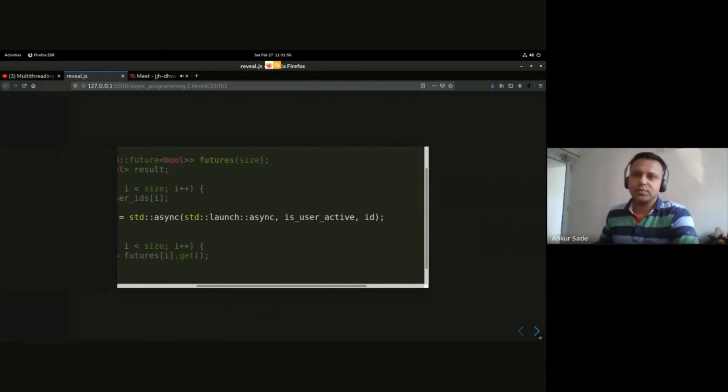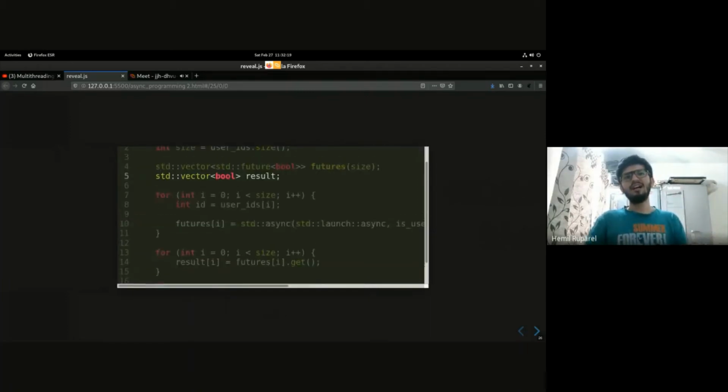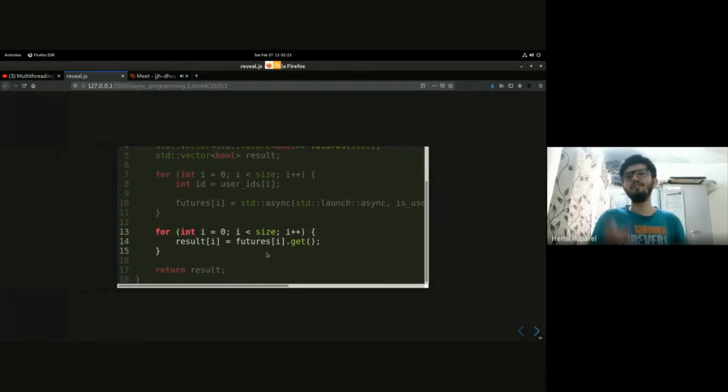Okay, thank you. std::async is a variadic template. So anything after, optionally, anything after you enter the first function, the name of the function, it will just forward it to the function that is going to execute. So you can have any number of parameters, it won't matter. But the important point, as Ankur mentioned, is you don't get the result. You get a future of the result. And when we want the result, we will call get.